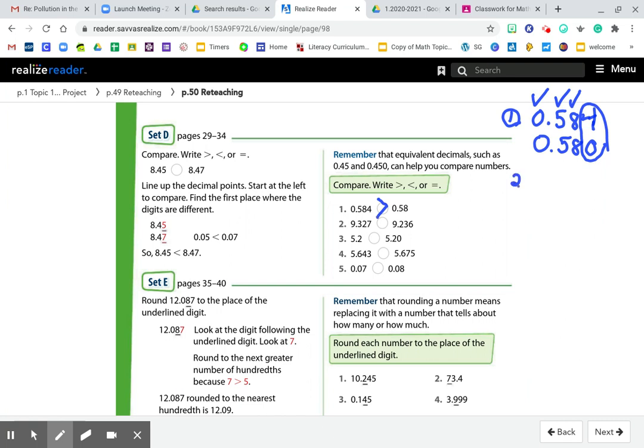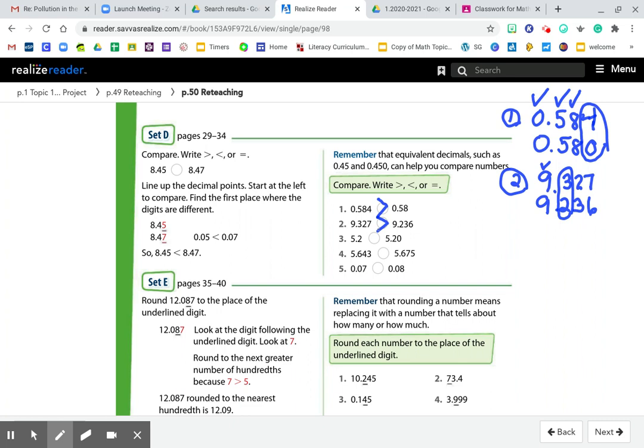For number 2, again, always rewriting them. Don't trust your eyeballs. Sometimes they can deceive you. It's always best to write your digits vertically like this. So starting at the largest place value, the 1's place, they both have 9s. And when we get to the 10ths place, we can see there's a difference there. So we don't even have to go to the hundredths and the thousandths. So what's bigger, a 3 or a 2? So it is 9 and 327 thousandths is greater than 9 and